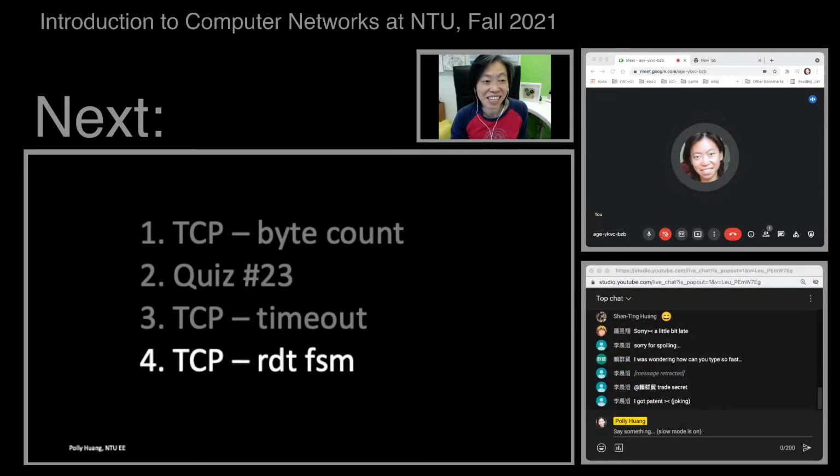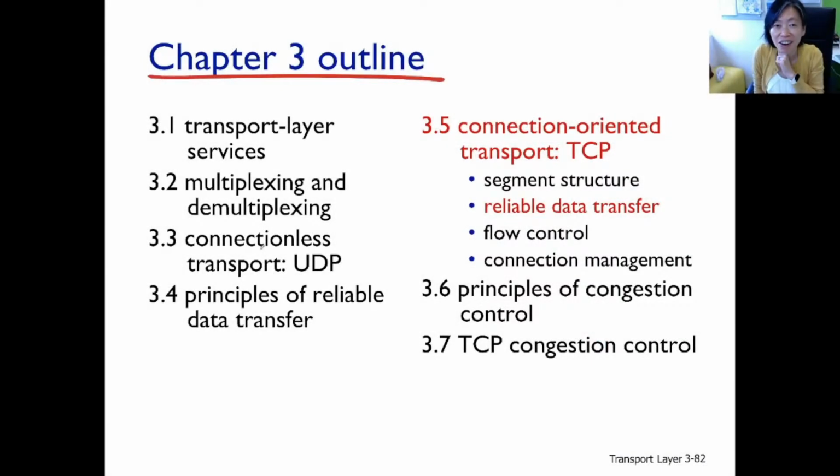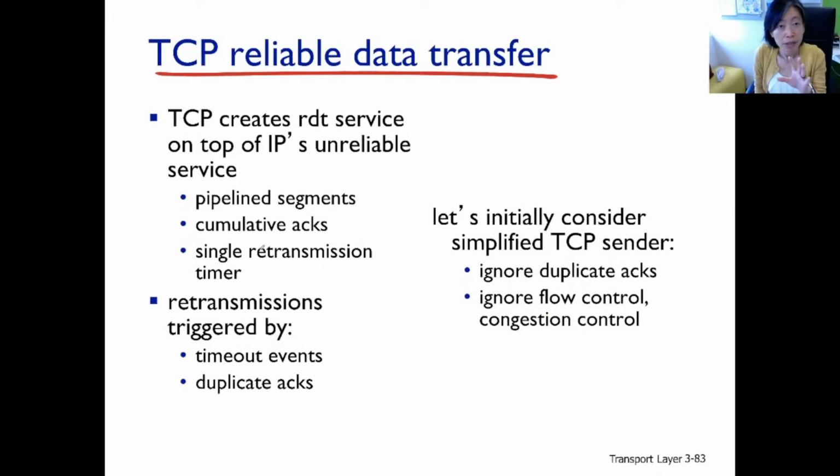Okay, good. So you see the entire suite doing computation to get the timeout interval. And now we are ready to start TCP's RDT finite state machine. And here, RDT of TCP. These are the characteristics. First of all, it's pipelined. So we send packets back to back in TCP as well. We could have multiple packets in one flight. And the acknowledgement is cumulative, meaning the sequence number in the ACK indicates all the packets up to that number are received correctly.